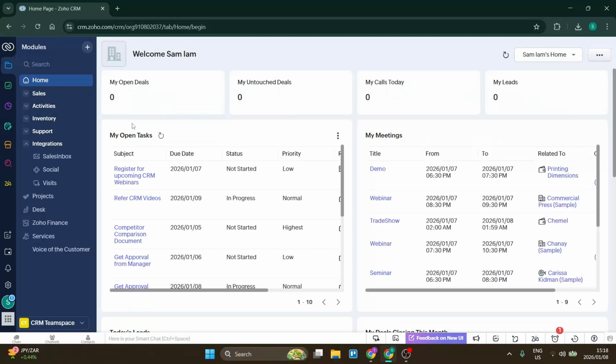You need to integrate WhatsApp into Zoho CRM? You're in the right place. Let me show you how to do it. Ladies and gentlemen, connecting your WhatsApp to Zoho CRM has endless possibilities, and there are also a few ways that